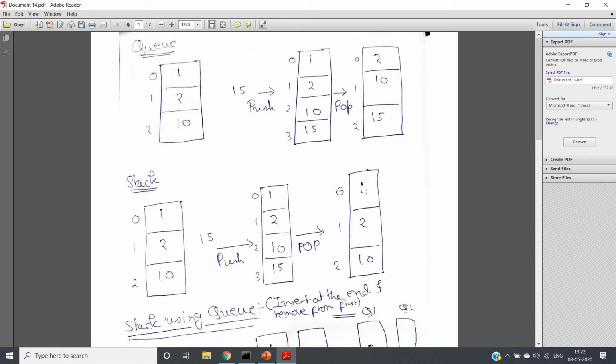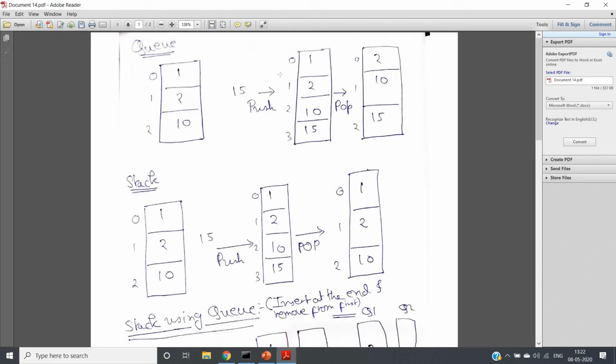So this is also called first in last out principle. Okay, so what is the fundamental difference between stack and queue? I hope you've understood. Push operation is the same, that is always append at the end, but in case of pop, the pop operation in queue data structure, the element which is in the beginning part will be removed first, but